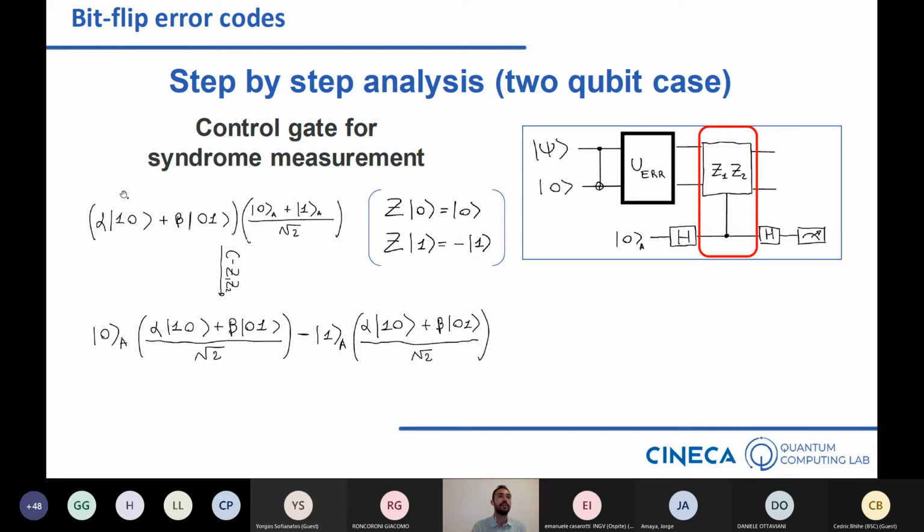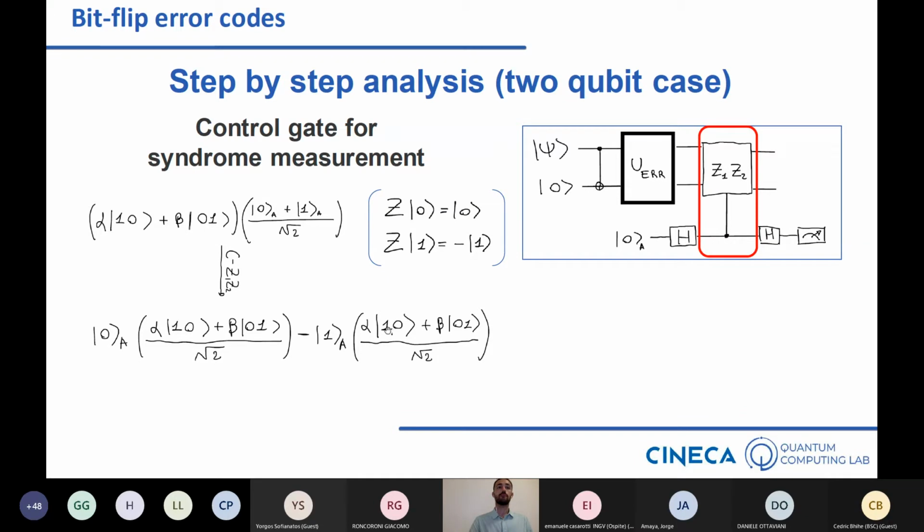And in fact, if you look at this, when we apply to our state the control Z1, Z2, remember that this is the action of Z on the 0 and 1 state. So you get a phase, a minus, when the state is 1. The initial state, the one we have before the application of this control gate, becomes this one. So basically, you split this summation here into the 2 parts.